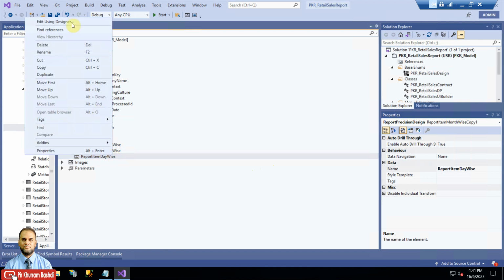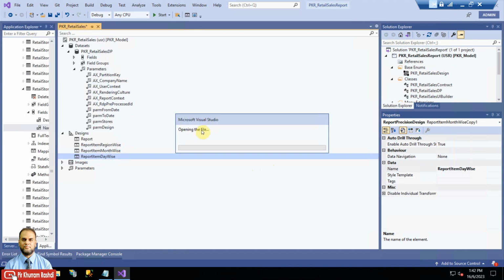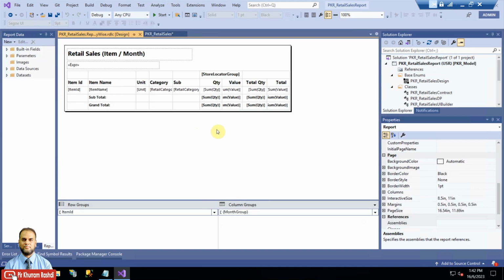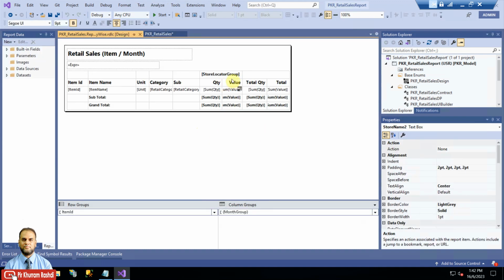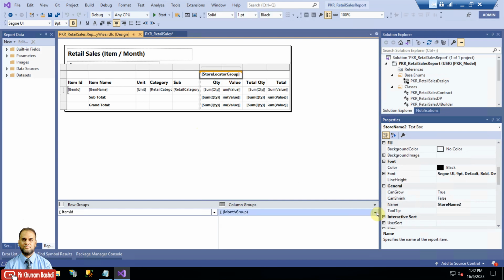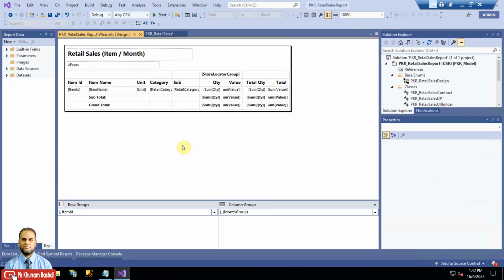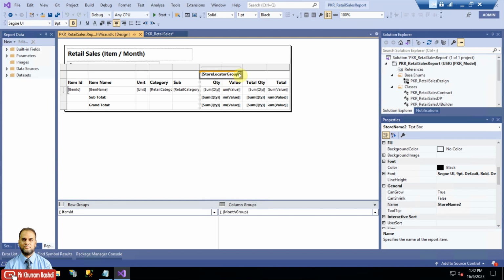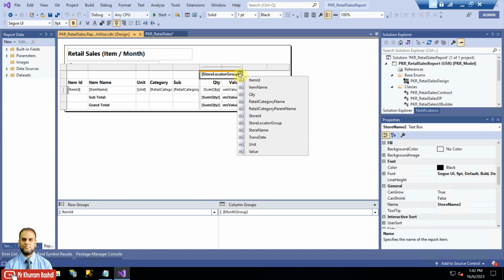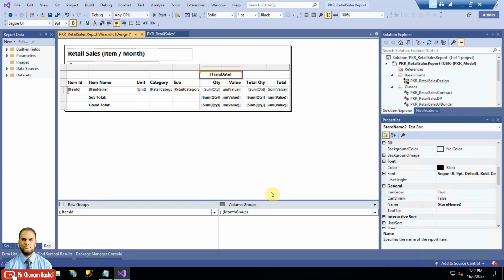As I have mentioned earlier, our data is already ready, we only need a few changes, a few joins to carry out. Okay, here again, why is the store locator group being shown here? Let me go to the month. Yeah, here it should be store locator group. It should be transaction date, and then